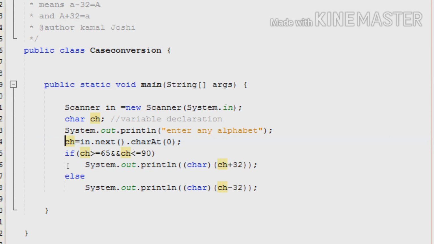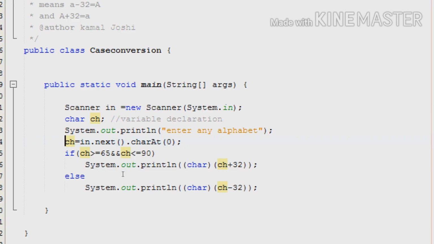Because the value of every capital alphabet letter is from 65 to 90, it will lie in this condition.